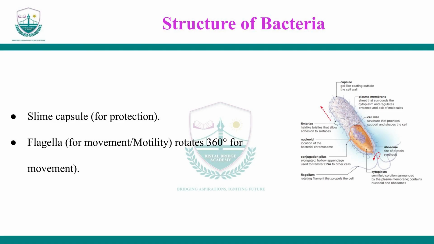Okay, other structures that we can talk about is the capsule, that extra covering. This actually plays an important role in causing diseases, okay, but also plays an important role mainly for protection. And then the flagella, these are the elongated threads that you can see here. These ones here, thread-like structures, the flagella. These are very important for